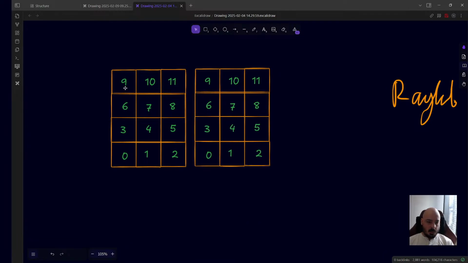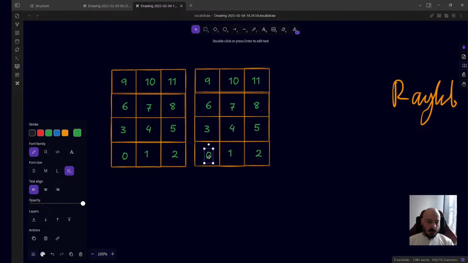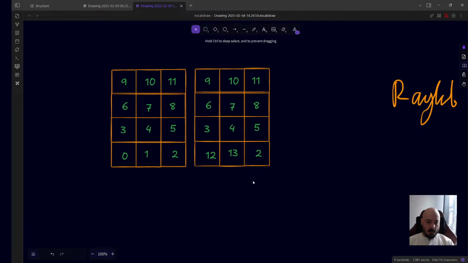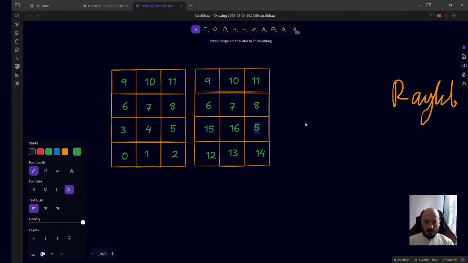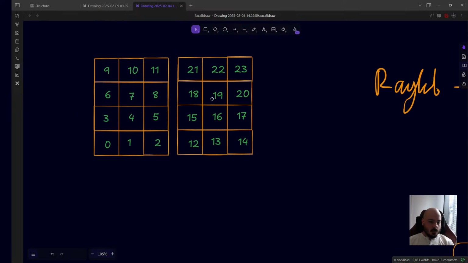So this is the next layer. We're going to say I've got a layer of 2, I suppose. And then this would be something like, I'm going to ungroup this. 12, 13, 14, 15. Then it's going to be 16, 17, 18, 19. So it's going to be the width times the height. Something to do with that, I'm guessing. 21, 22, 23. Okay, so if we want to get 19, which is going to be